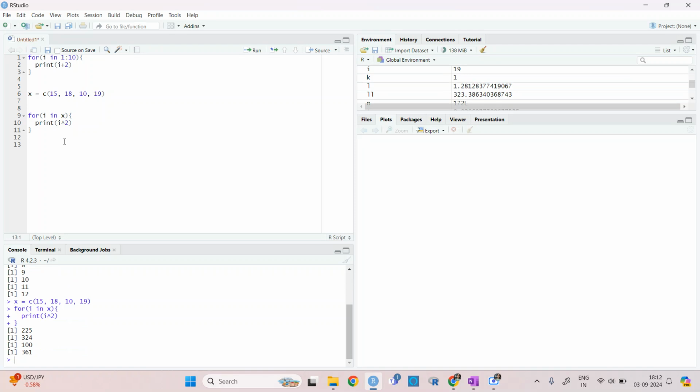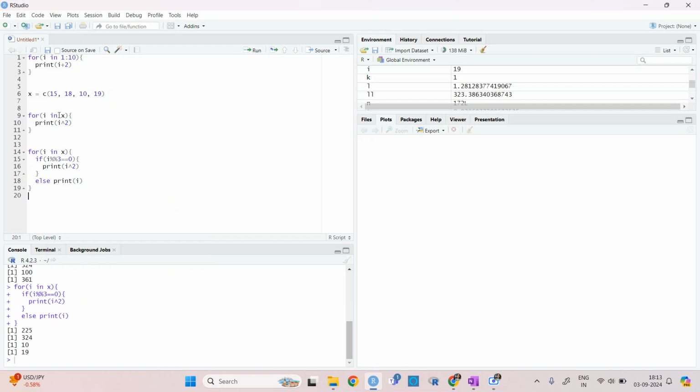So let's say for i in x, if i modulo 3 equal to 0, then print i square, else print i.